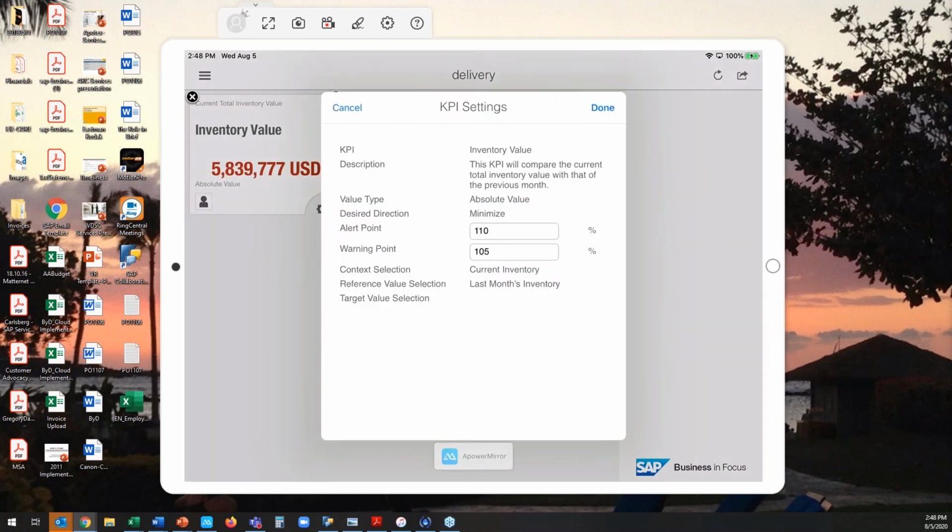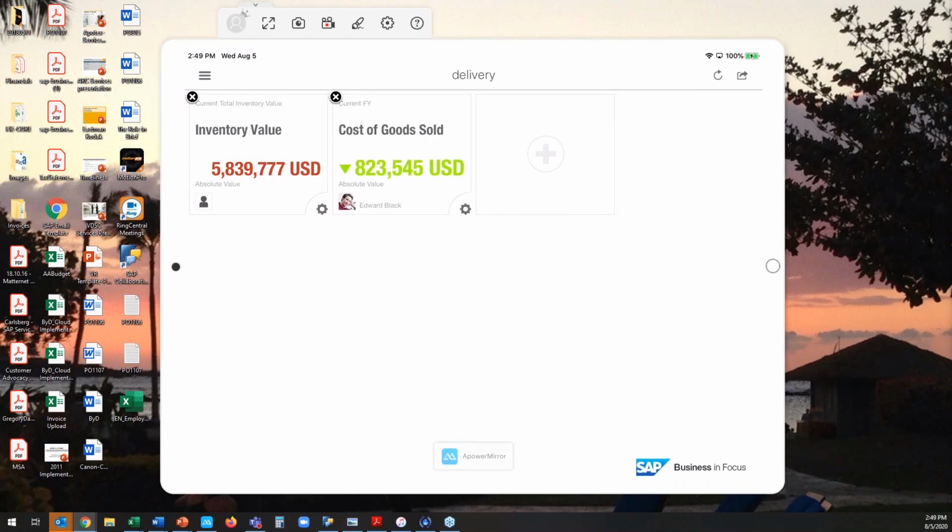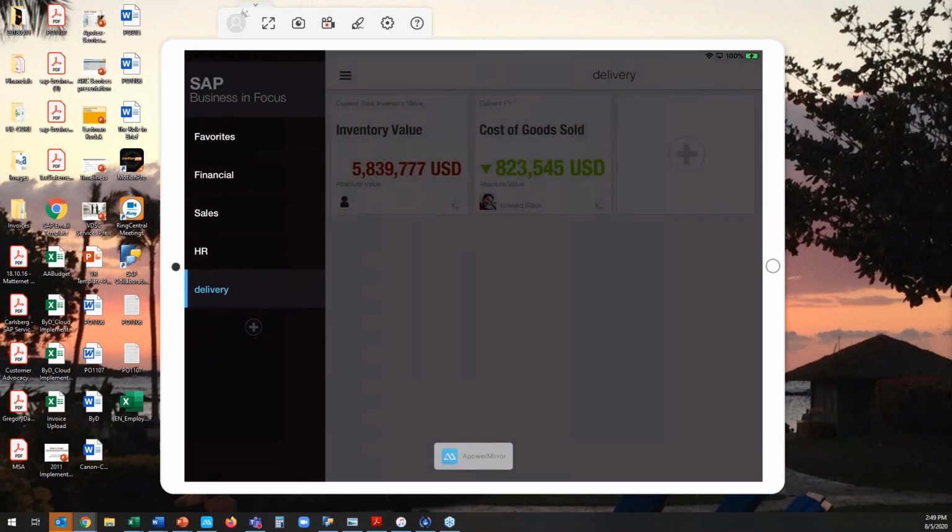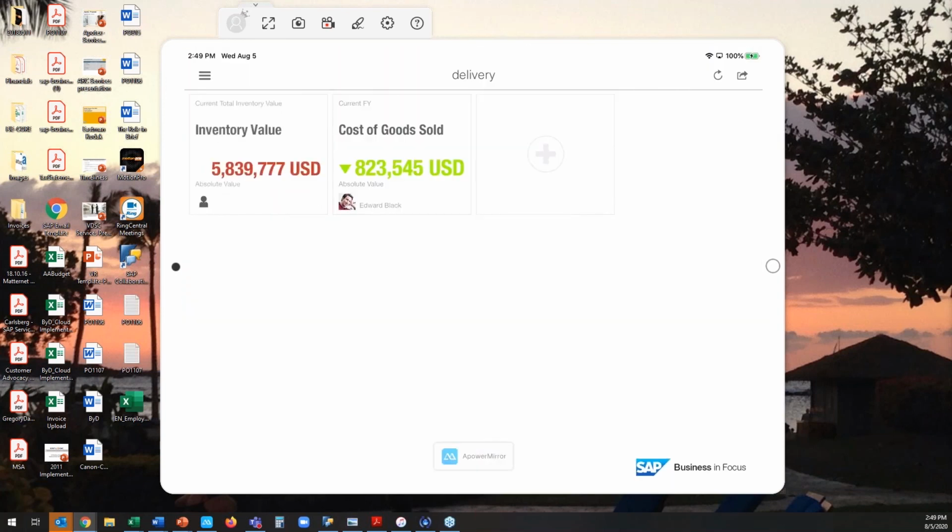And then there's standard thresholds and set points for the KPIs that exist in ByDesign, but you can override these. And then you can have different thresholds, different alerts or warning points that are different from the KPIs that exist in ByDesign. And so if I scroll back into that, let's go back into just our favorites, and we'll see some of the other